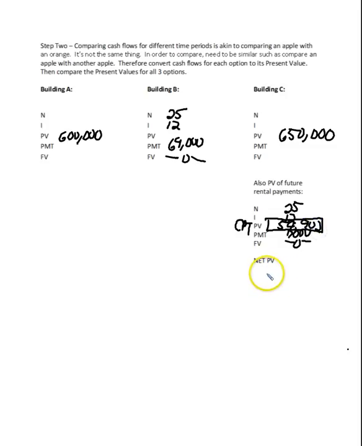So we've got $650,000 of cash that would be spent today, and then $54,902 that would come in the future. Follow what I'm saying here? We're going to spend cash of $650,000 today, and then in the future we'd have cash coming in. The present value of that cash coming in is a positive $54,902. So the net present value is $595,098